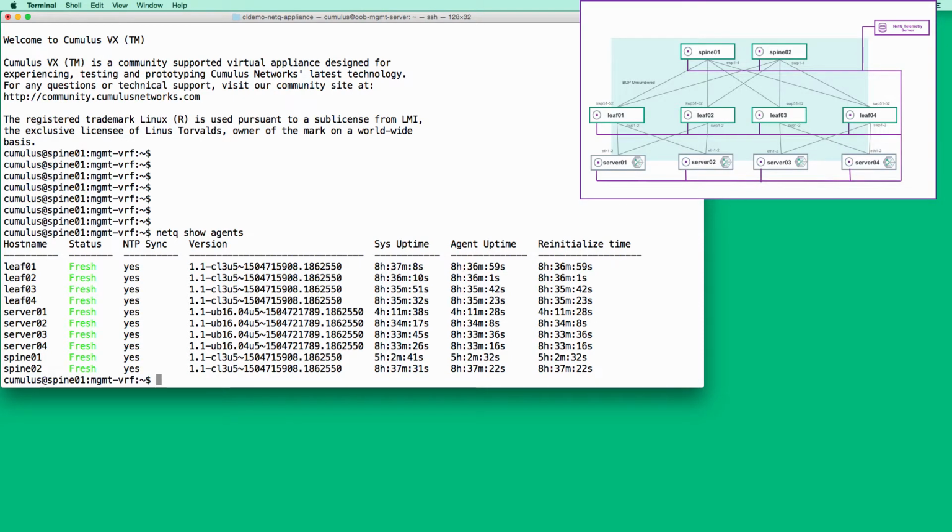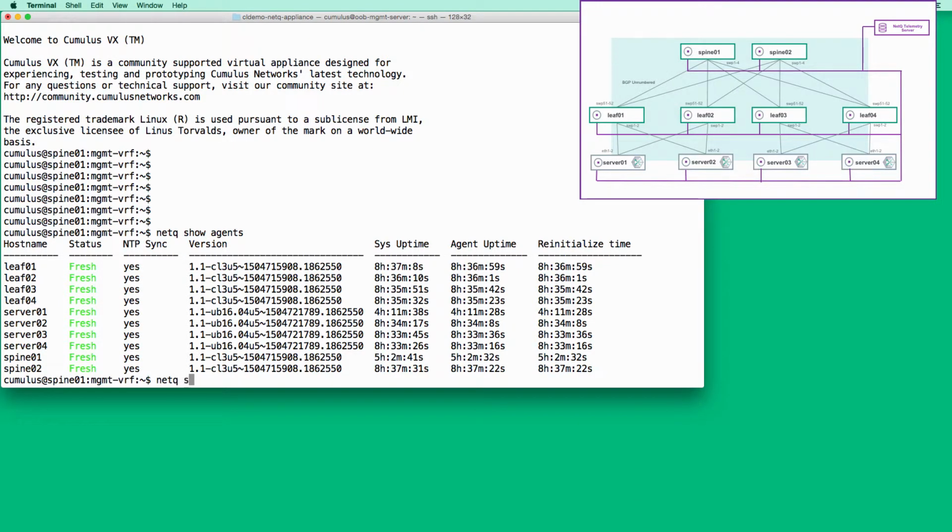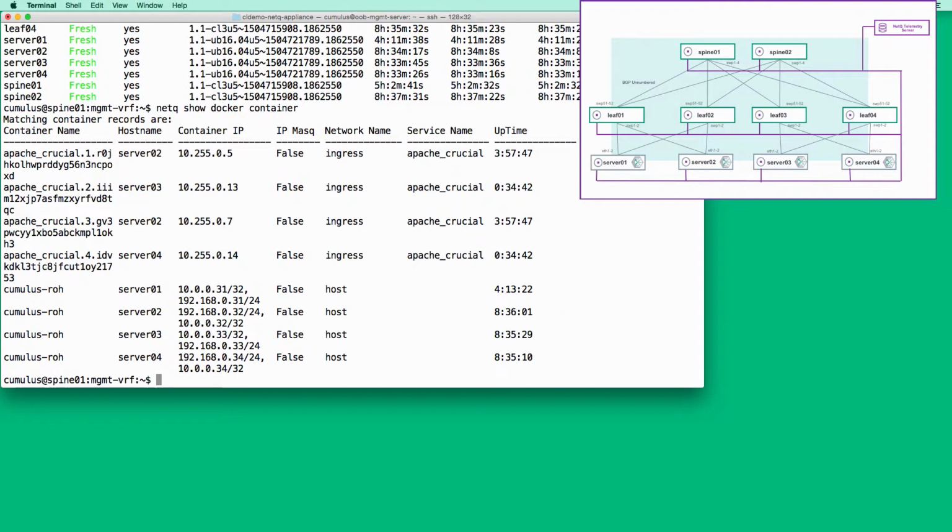So after we've used NetQ to check the network and all is fine, let's check the containers and the services. Here I'm on spine 1, although we could be anywhere in the network seeing the same result. The NetQ show agent shows us all the nodes. We know the issue is connectivity to the Apache service deployed by Docker Swarm, so we can start with netq show docker container. This shows us all the containers in the network, if they are associated with the service, and their IP addresses. We can see these containers are associated with the service Apache Crucial,